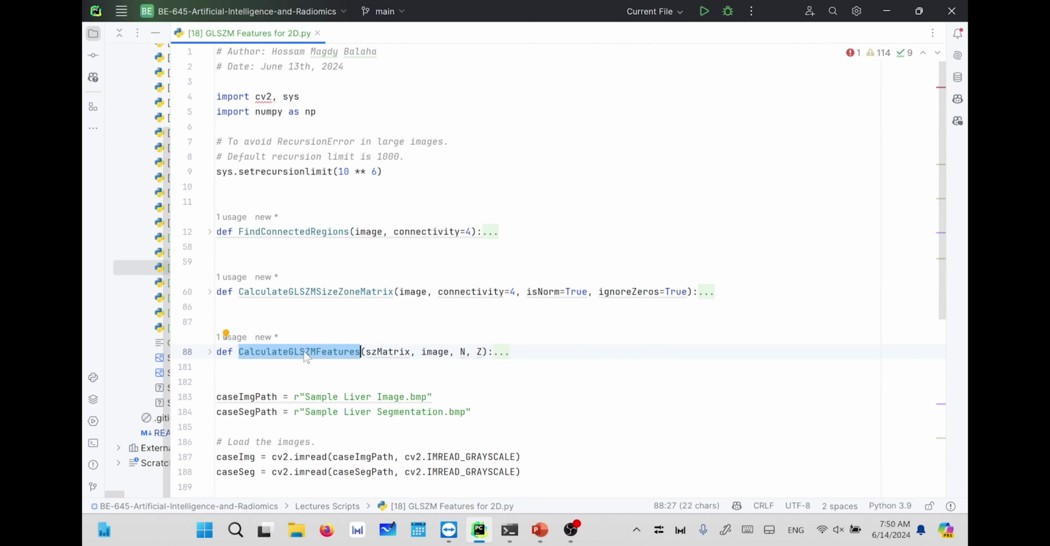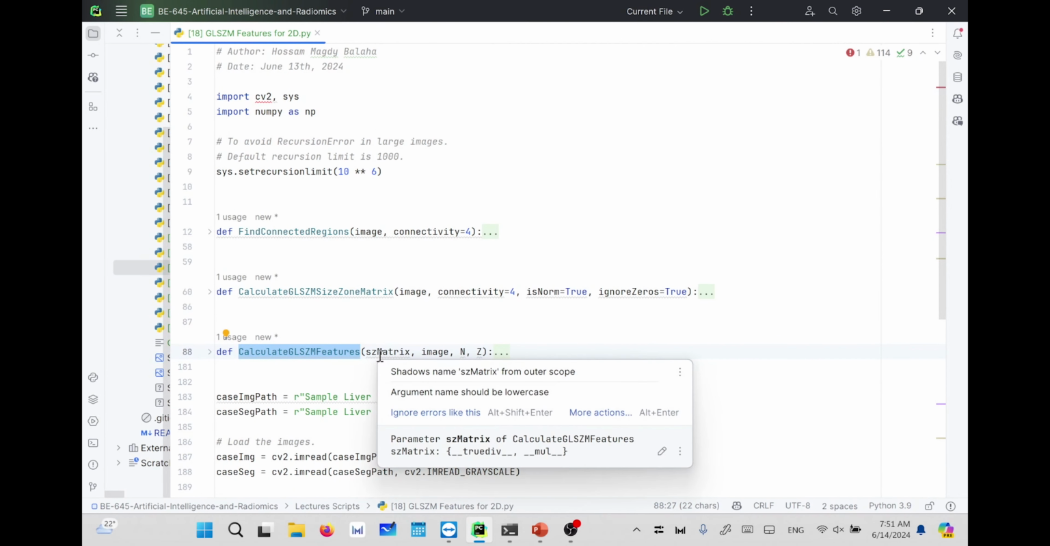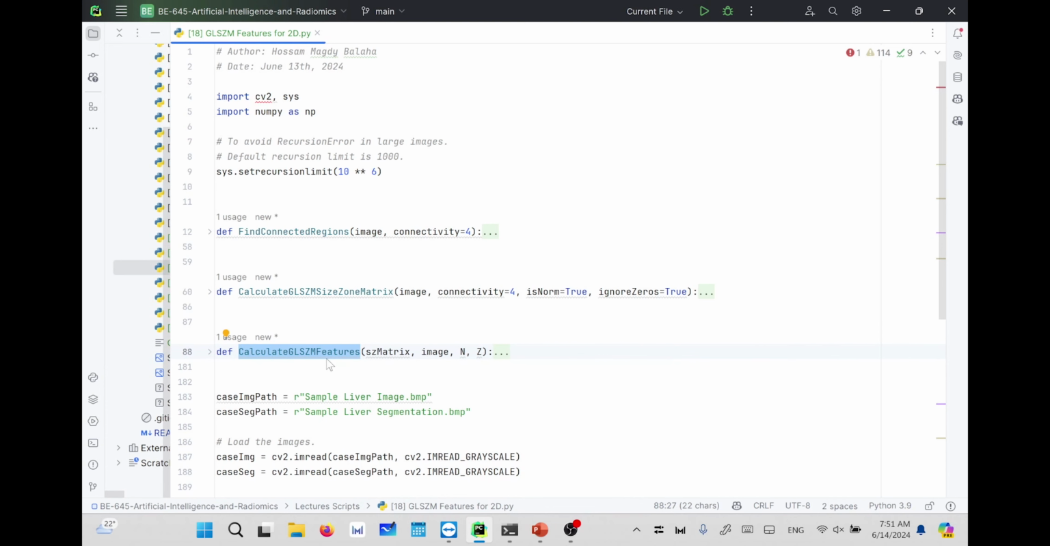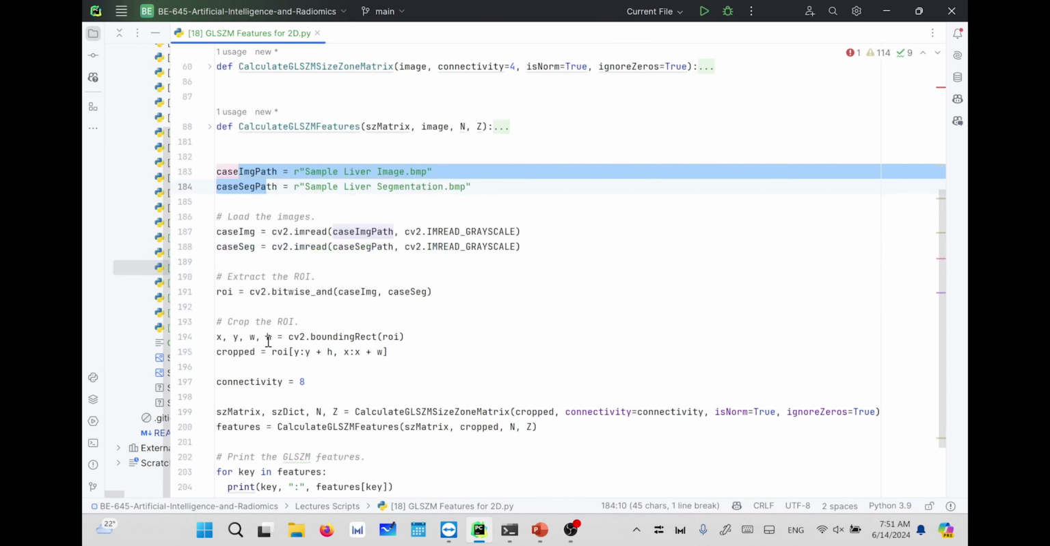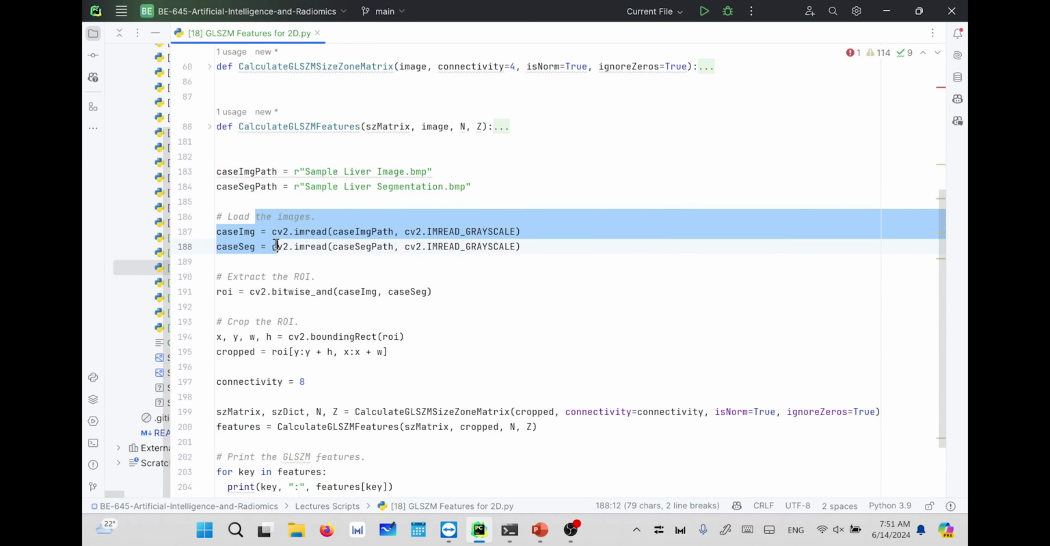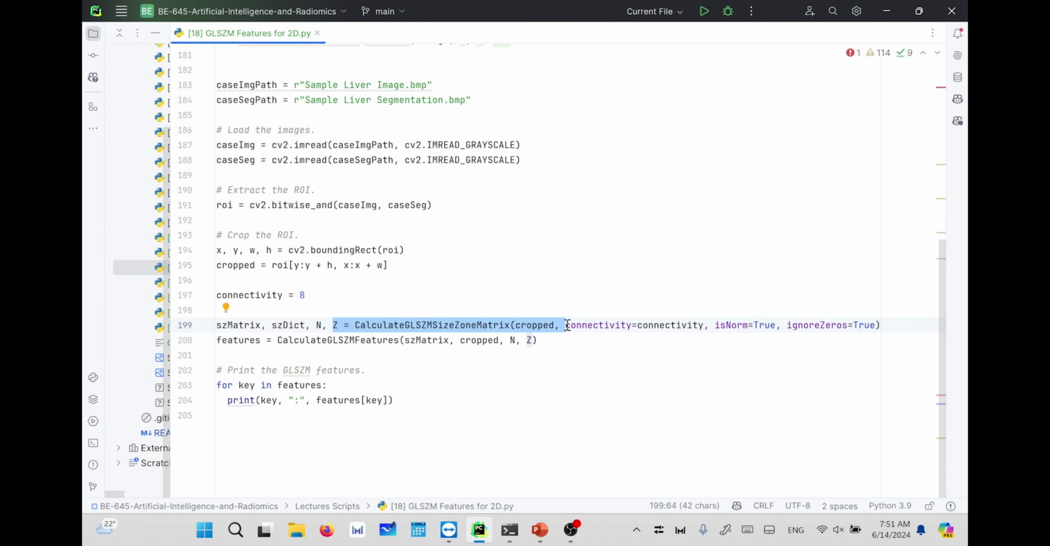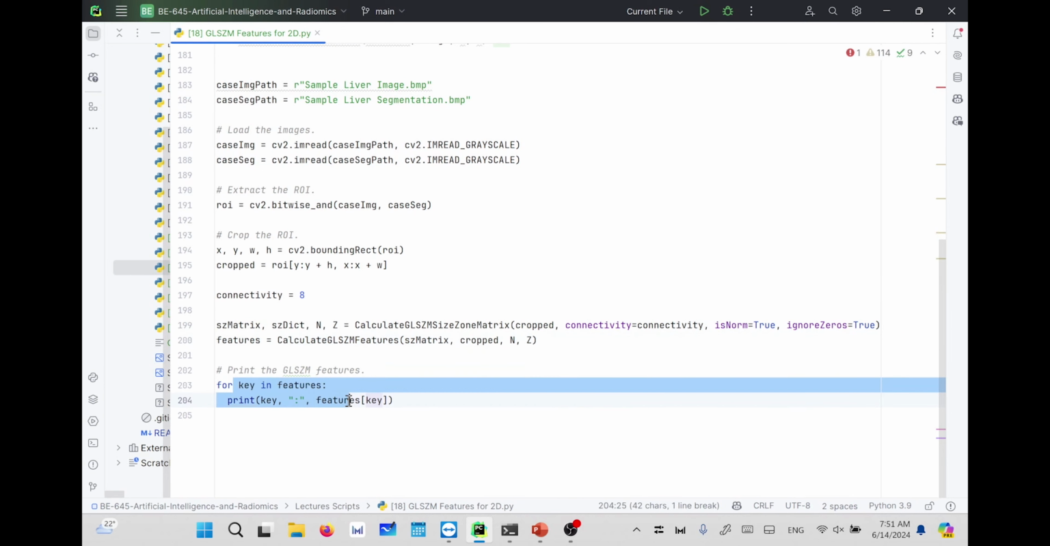So if we have an image, we can call that function, pass to it the size zone matrix, and it will calculate the features for us. So we have the image and the segmentation, as we do every time, loaded them, extracted the ROI and cropped based on the bounding rectangle. We called the size zone matrix function and then the size zone features, and for each feature we printed it,